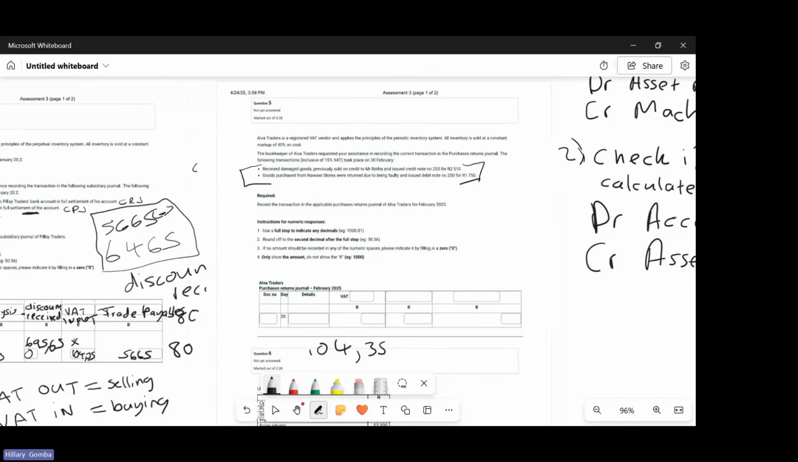All right. So if we're dealing with the purchases returns journal, it's us returning goods that we bought on credit, or we had previously bought on credit. So from the two, if we receive damaged goods previously sold on credit to Mr. Botha, this one is a sales return, because it also tells you that Mr. Botha issued credit note number 253. A client sends the damaged goods with a debit note,